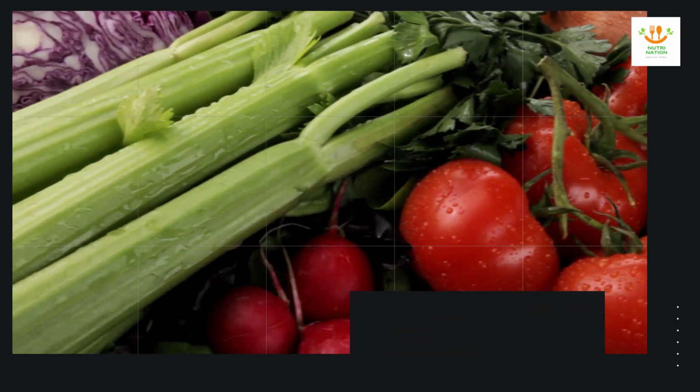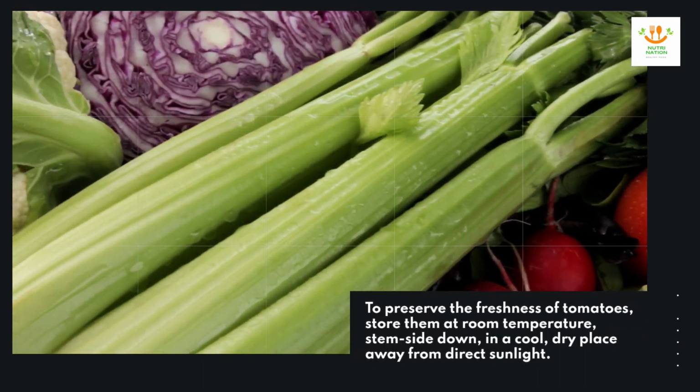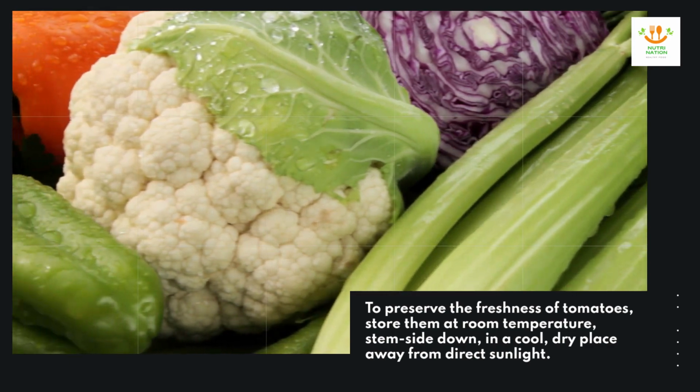To preserve the freshness of tomatoes, store them at room temperature, stem side down, in a cool, dry place away